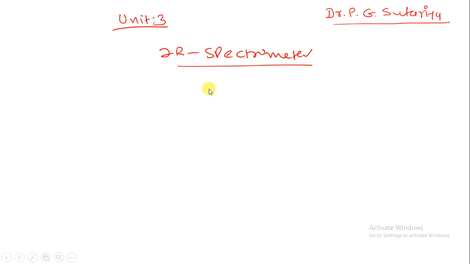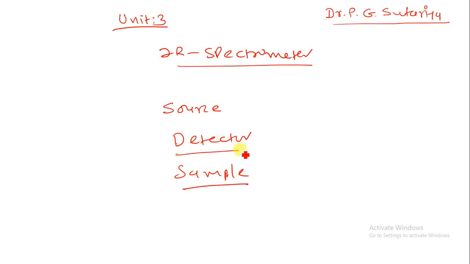As we can see in any spectroscopy or in any spectrometer, we have important terms. First one, that is the source, second one, that is the detector, and third one, that is the sampling technique. So in IR spectrometer we will study about these three important terms, that is source, detector and sample. Now let us understand by its graphical representation. So in IR spectrometer, first of all let us write down the word, IR spectrometer.